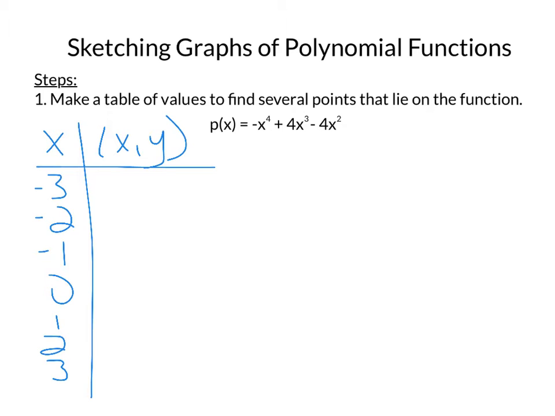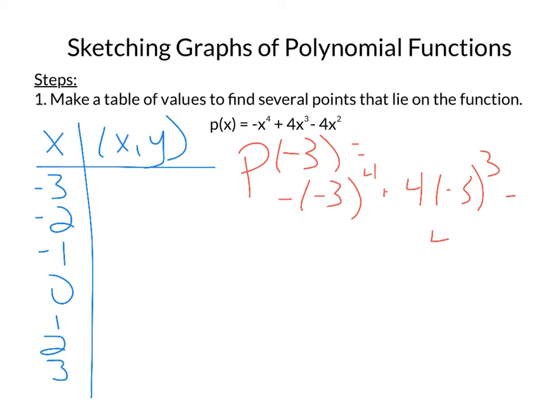So when I start off by plugging in -3, I'm going to substitute out every x with -3. Remember when you substitute a value into the function to put it inside parentheses. So I would have -3 to the fourth plus 4 times -3 to the third minus 4 times -3 squared. My first step in simplifying this is going to be to take care of all of my exponents. So I'd have p of -3 equals